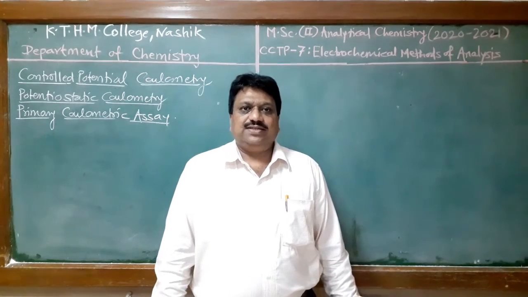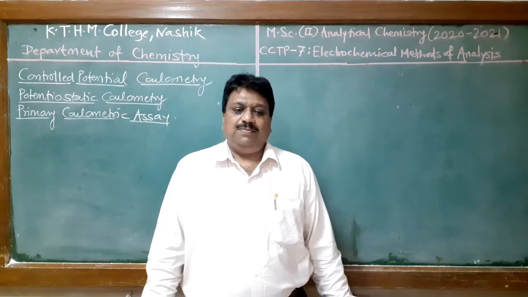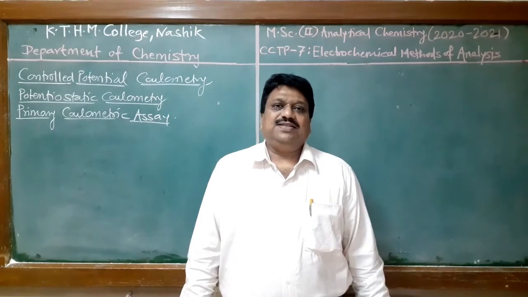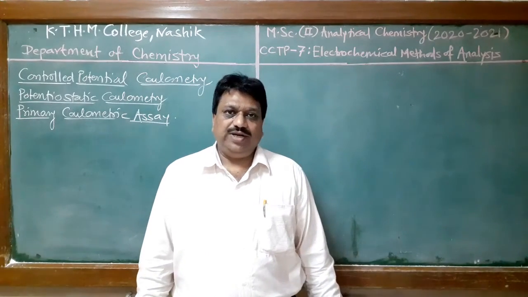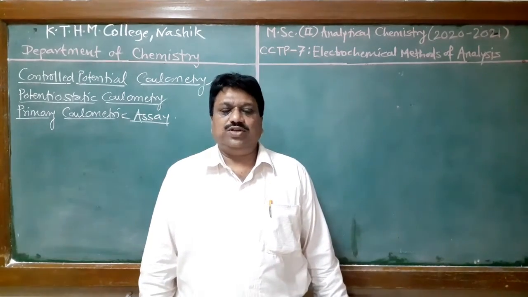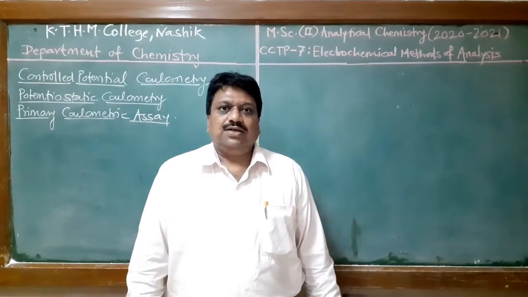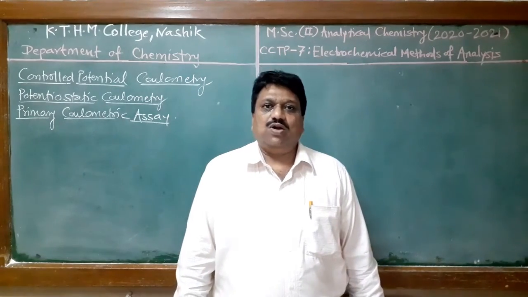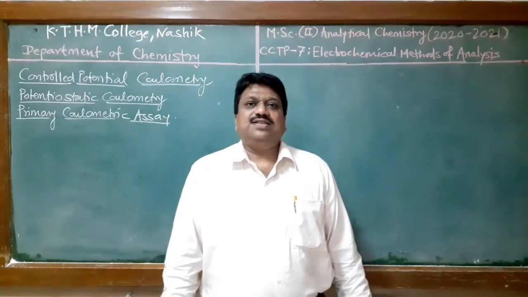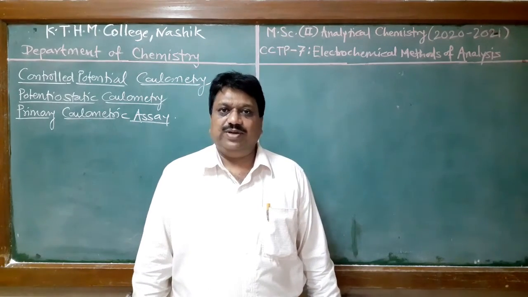Student, in last lecture we discussed what are the coulometric methods of analysis. Basically, coulometric methods of analysis are classified into two categories. First category is called as control potential coulometry, in which potential of working electrode is kept constant throughout the electrolysis process. And second type of coulometric assay is called as control current coulometry, or it is also called as coulometric titration, in which constant current is used throughout the electrolysis, and these are the two main types of coulometric method of analysis.